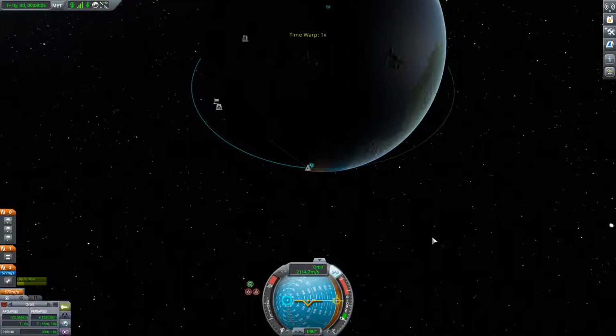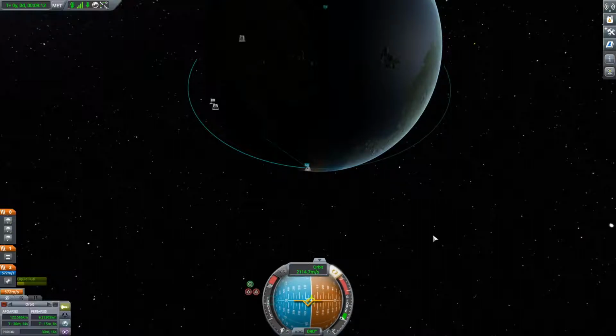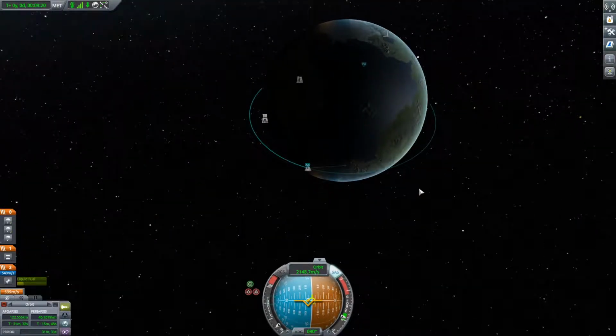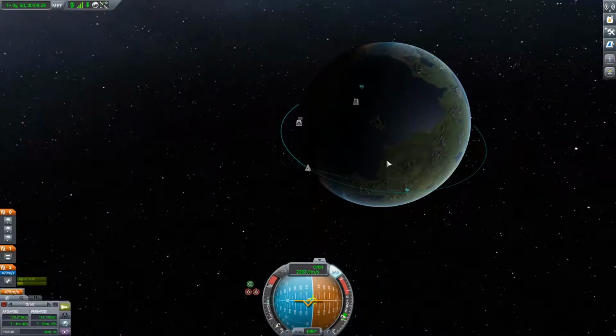We want to be with this, not... I mean, this ship is a bit over-engineered and does have a bit extra delta V in it, so I'm not too worried. But you know, the closer we can burn to this and save that extra fuel, so we don't have to jeopardize Jebediah here and leave him out in space, or